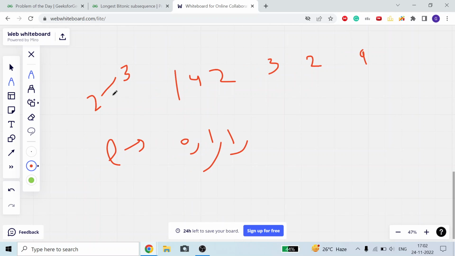Okay, so now what I am going to do: the length of the bitonic sequence of 2, that is 1 plus 1, that is 2, will be my answer. 2 will be my current answer. I will check for 1 and 4. Suppose we get a more increasing length, that's a different matter, but for now 2 is our answer. We are only including 2.